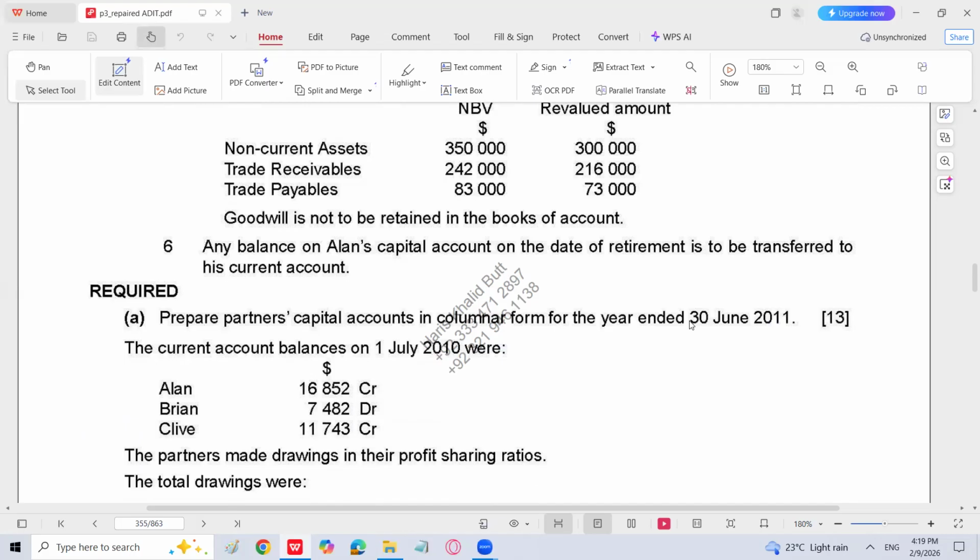But here there is a change. The retiring partner capital account is going to be closed neither with bank nor with loan. It is going to be closed with the name current account because the amount is supposed to be transferred to the current account. This type of question,